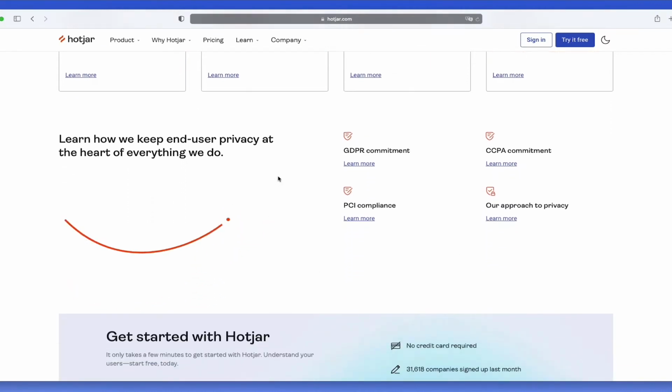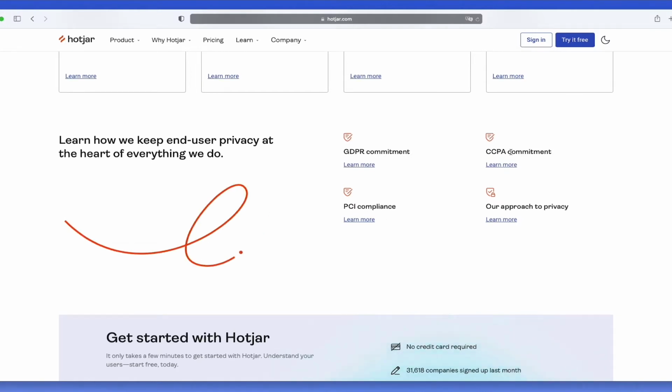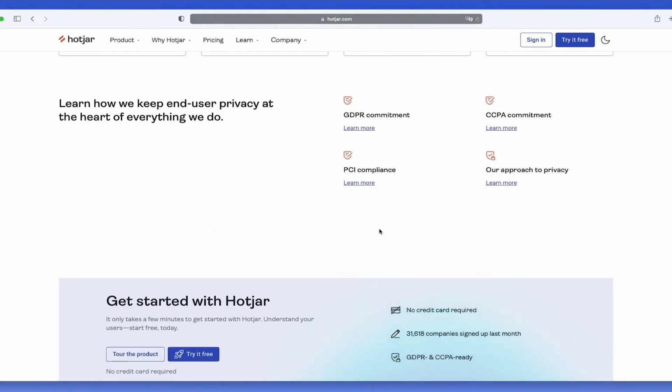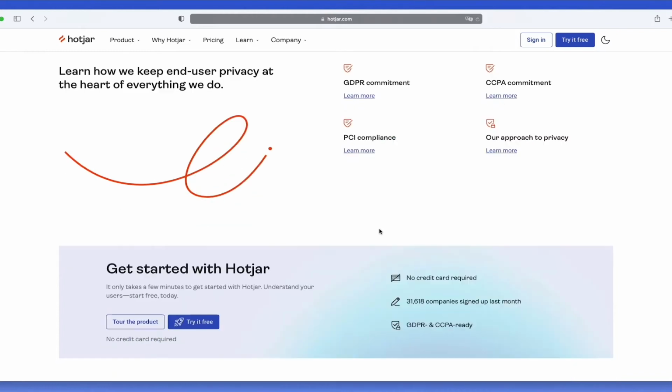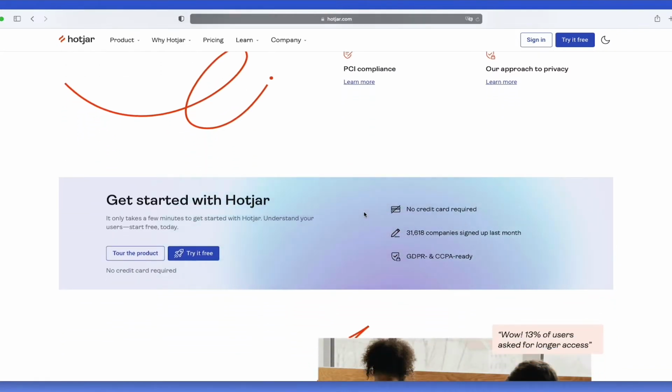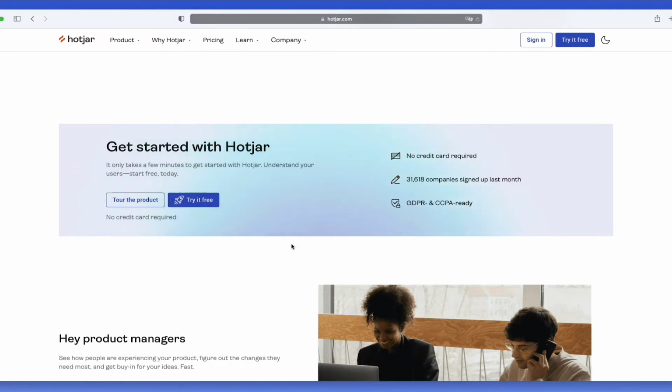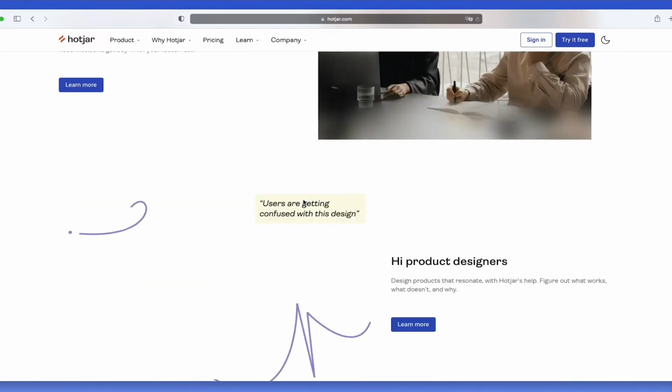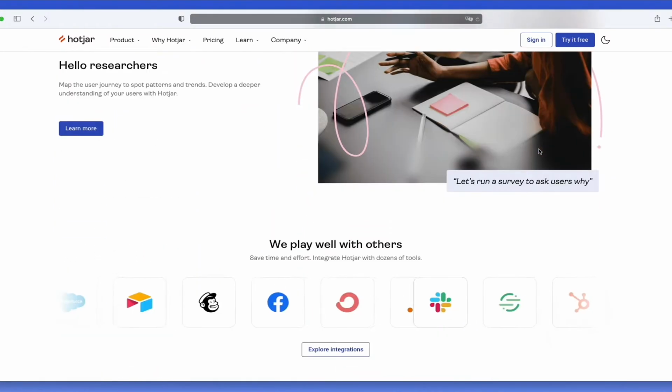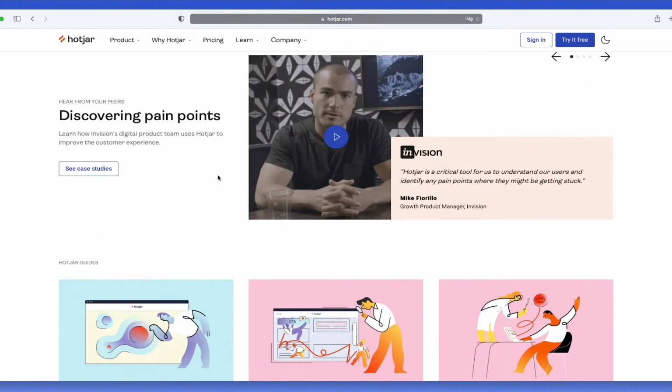Now, of course, they're compliant: GDPR commitment, PCI compliance, CCPA commitment, their approach to privacy. So they really try to keep the most when it comes to security and privacy. And as we scroll down, we're going to see all of the different main features, but now let's go right to the point